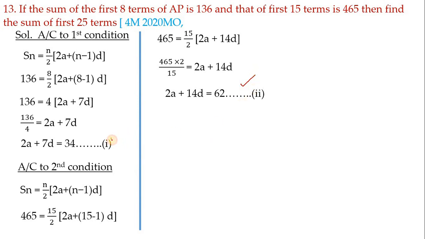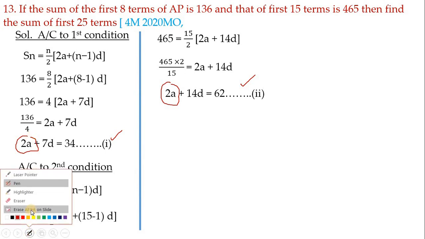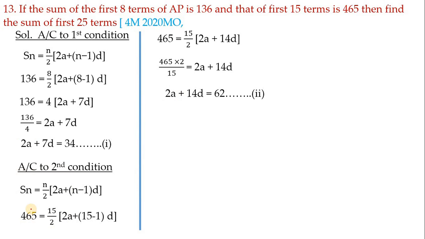Now compare both the equations. You have both the equations in front of you. Which variable coefficients are same? Look at a. So a coefficients are same. What is that? 2. So in both the equations, a is having positive 2 or negative 2? Positive 2. Both are positive 2. Hence, whether you want to add the equations or subtract the equations, you have to subtract the equations. So subtract 1 from 2.